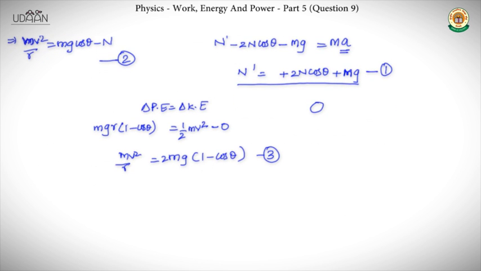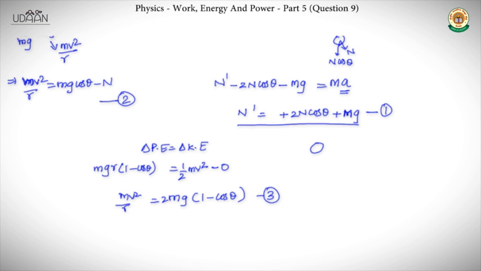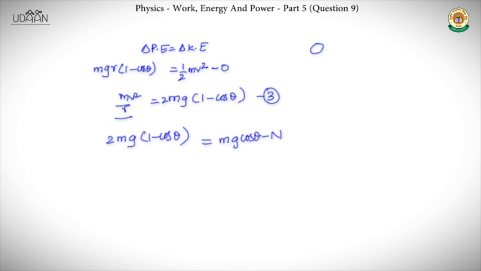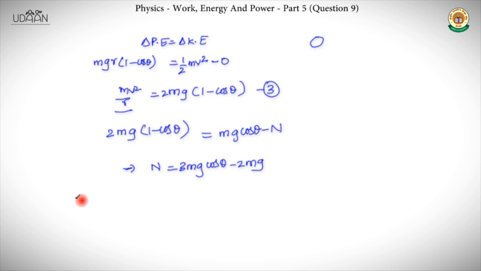From equations 2 and 3, we will be getting 2 mg into 1 minus cos theta, which is equal to mv square by r. We substitute its value in this equation, which is equal to mg cos theta minus N. By solving the equation we will be getting N is equal to 3 mg cos theta minus 2 mg. Putting this in equation number 1, we will be getting